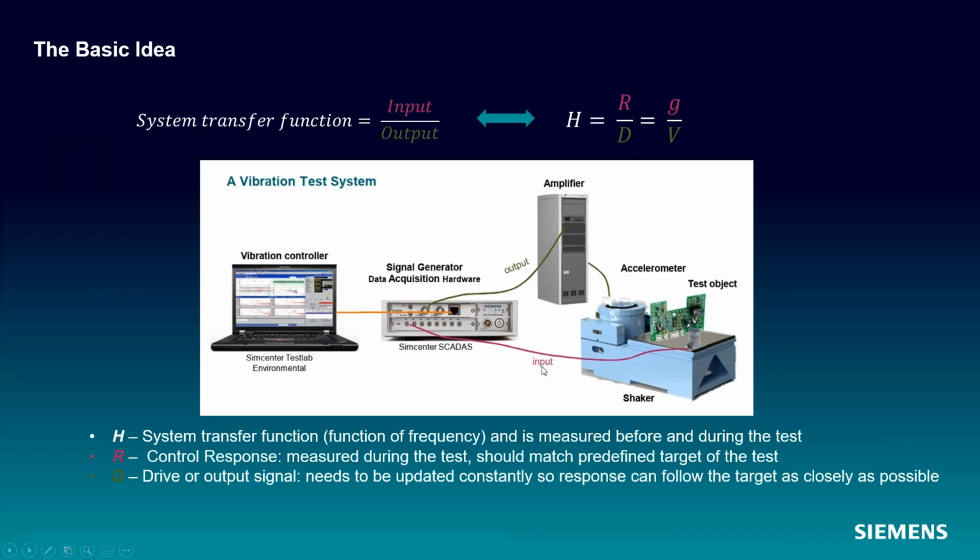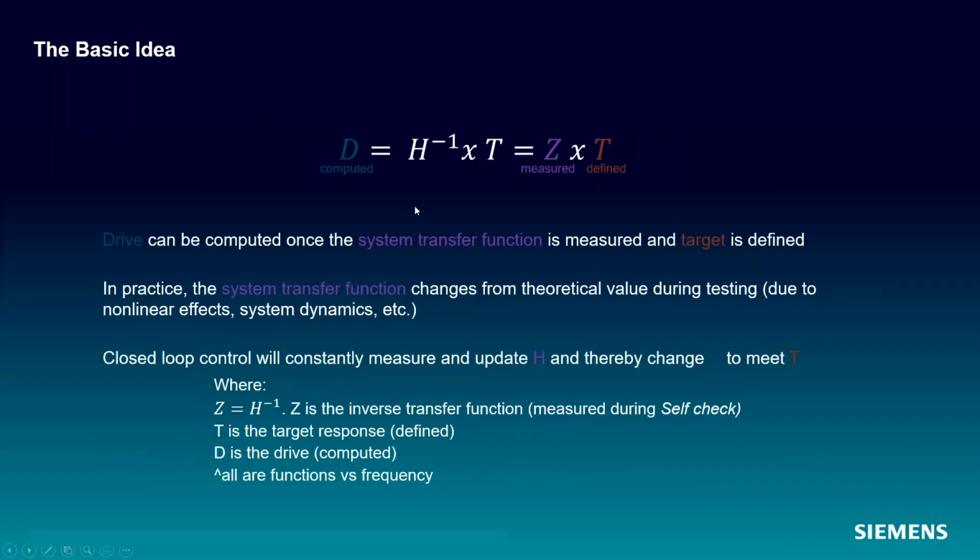It's basically performing a quick modal test before we get started. And then we have that input signal over the output signal, and we end up with a transfer function in G's per volt. And then what we do is we invert that transfer function, okay? And we have this initial drive. We know the transfer function. We take that times the target, and we end up with the drive, right? So again, this equation may be a little backwards, right? Because we measure the signal, we multiply by our transfer function, and that's where we end up back with the drive. And for random, this all happens in the frequency domain.